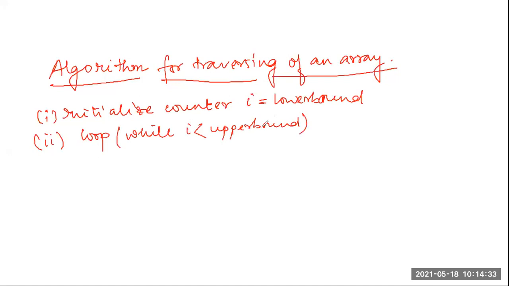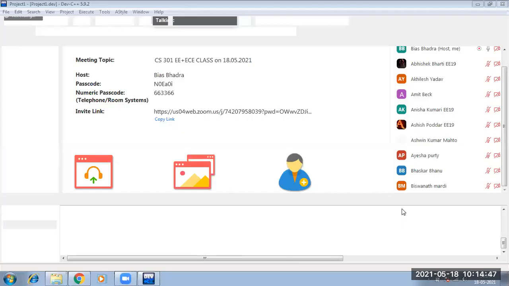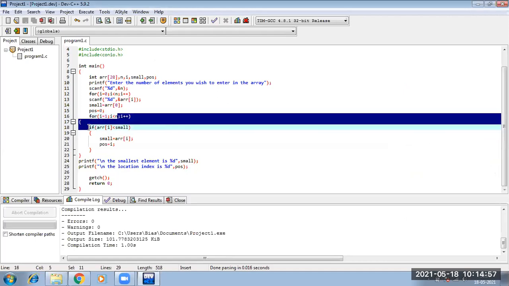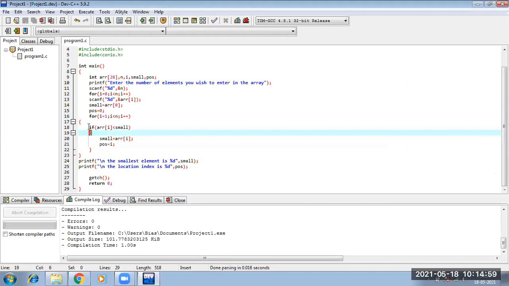In between, suppose, okay, let me switch onto the program once, you will understand. Suppose our I is starting from 0 and it is going till less than upper bound, and in between I am doing some work, whatever it is.